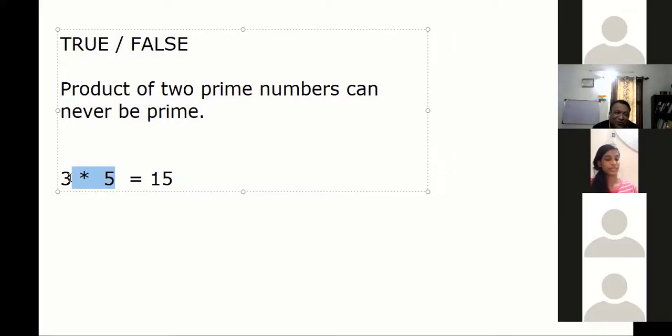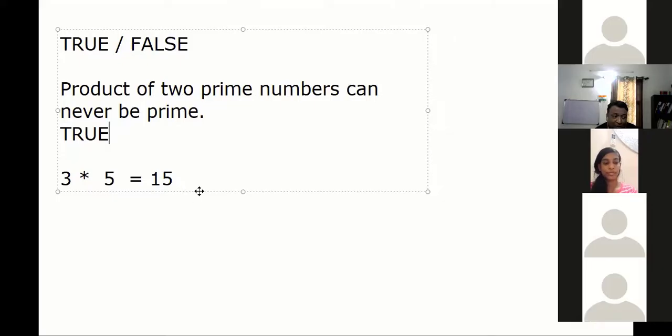So guys, it is true. It is definitely true. If you understood the definition of prime number, it has to be true. The moment you take the product, it means factors have been formed, so it cannot be prime. Agree, everybody? Now your mind is clear: prime, composite, co-prime, all this.